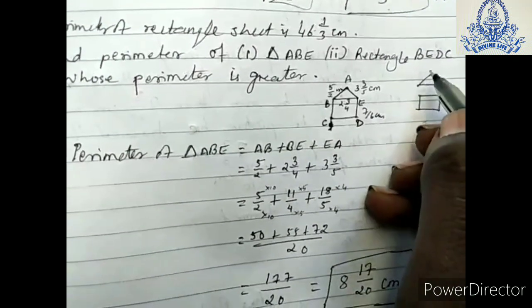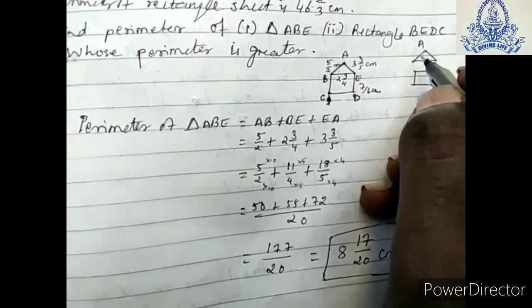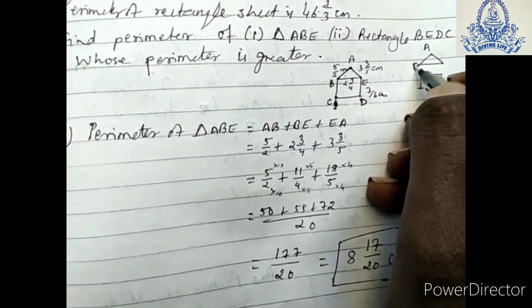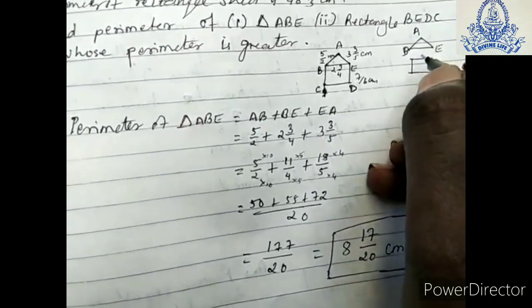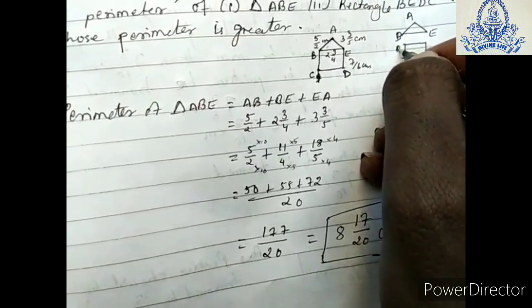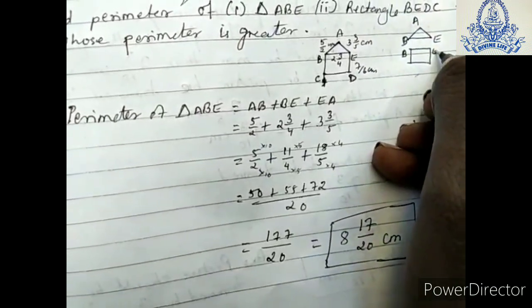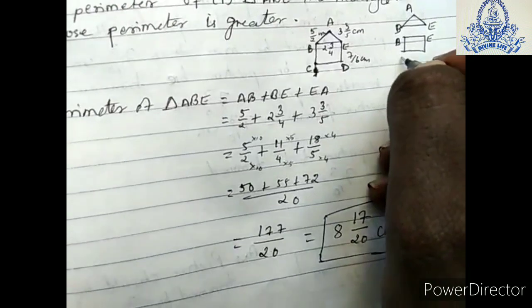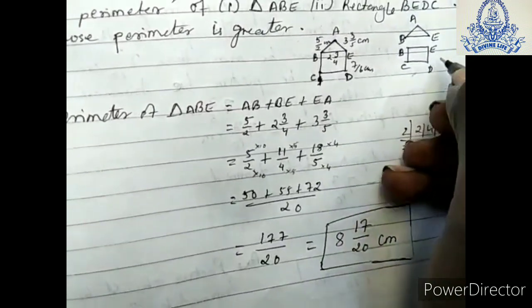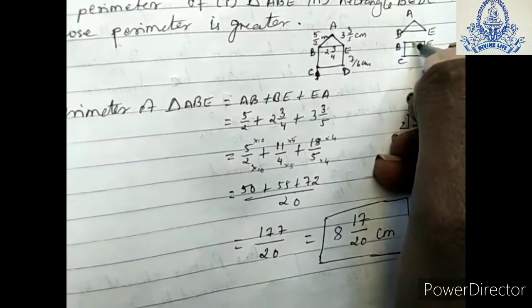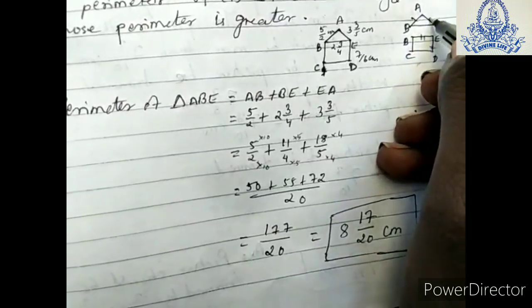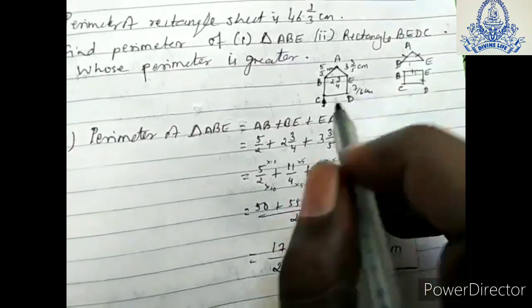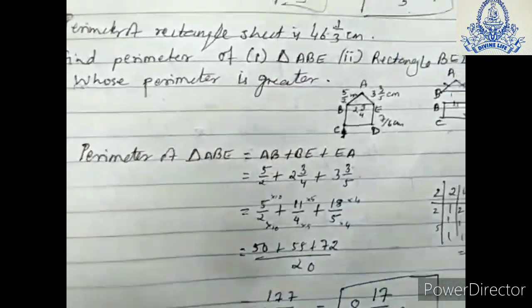In the triangle they have given A, B and E. Same name we can take here. In the rectangle they have given B, E and C, D. They have given the measurements also in both. This and this will be length and breadth. Here the three sides of the triangle they have given. So after making this figure, you can see here clearly